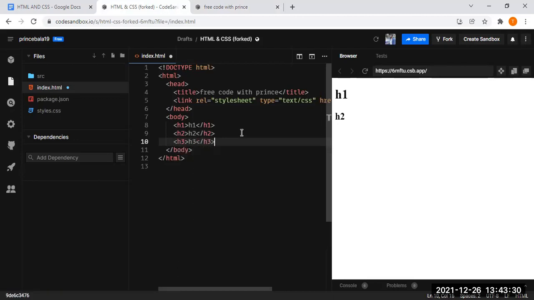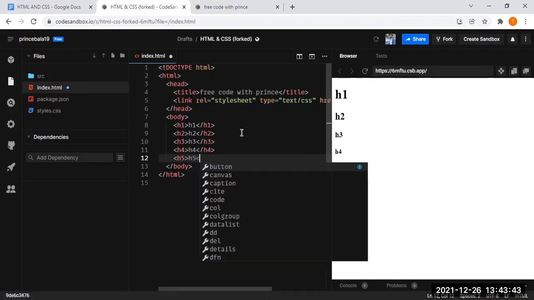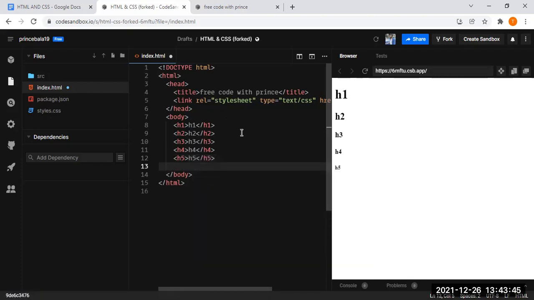So let me give h3. In the same way, let me add h4. You could see a gradual decrease in the size of the font, but all the other things will remain the same. The only thing which gives the difference is the font size. So h5 tag, and the next tag is h6 tag. You could see there is a gradual decrease in the font size.